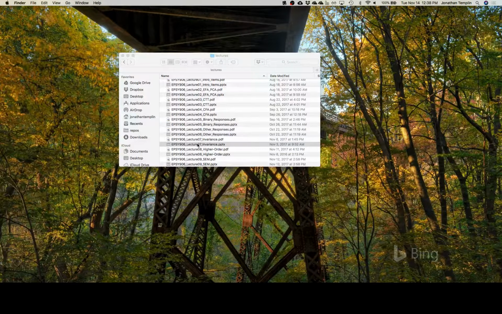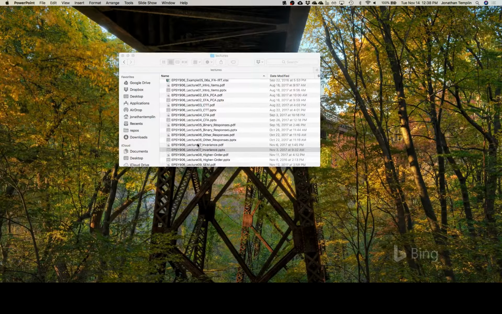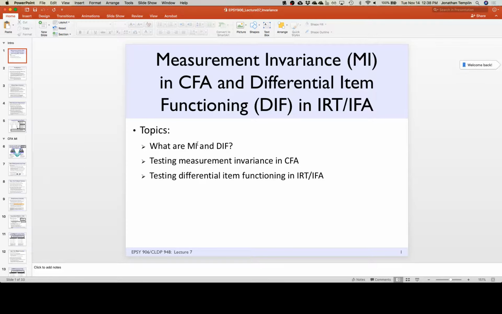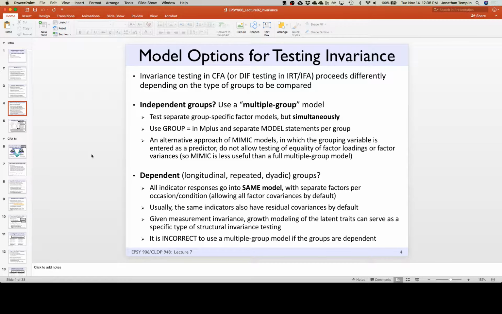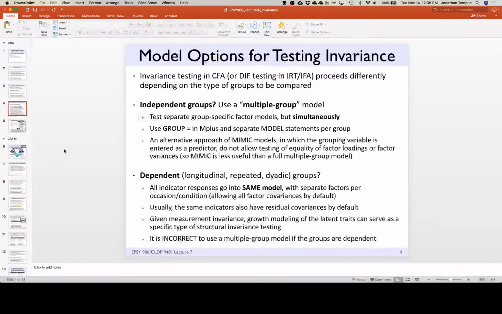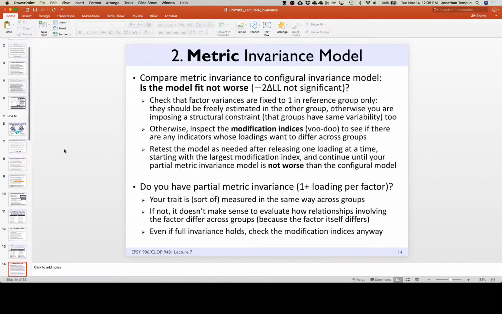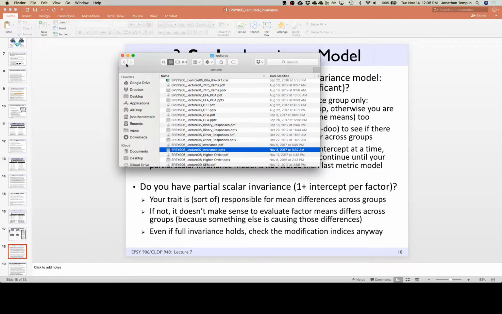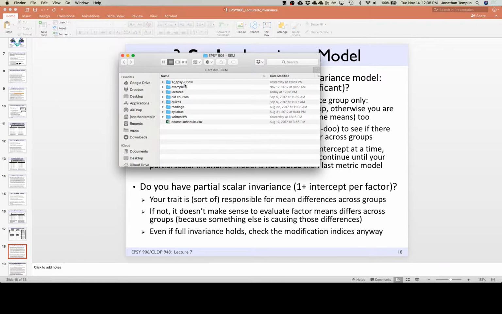So we were talking about measurement invariance, and we built the idea. We started with the configural model where everything is different. Remember that? And then we locked in the factor loadings, and we did a likelihood ratio test to see if they were different or not. And where did we leave off? We did scalar invariance. My last note says make sure stuff you want to be equal is equal. Oh, yes. And lock in your intercepts. That's right, yes.